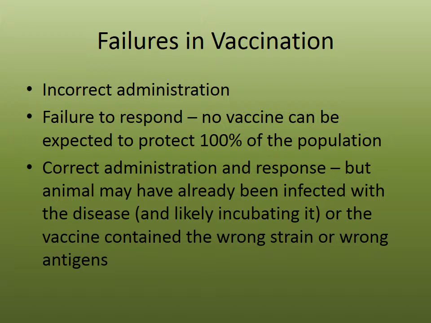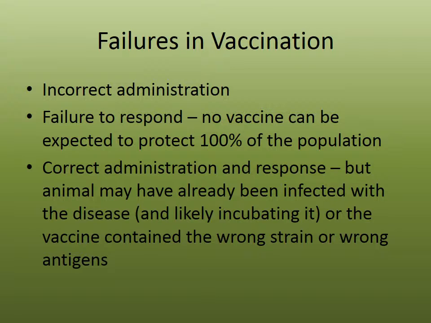Failure to respond. So basically no vaccine can ever be expected to protect 100% of the population. Certain animals just don't seem to react as well or respond as well to certain vaccinations. So it's just kind of a matter of variation in the population, I guess. So failure to respond is another reason for failure of vaccination,